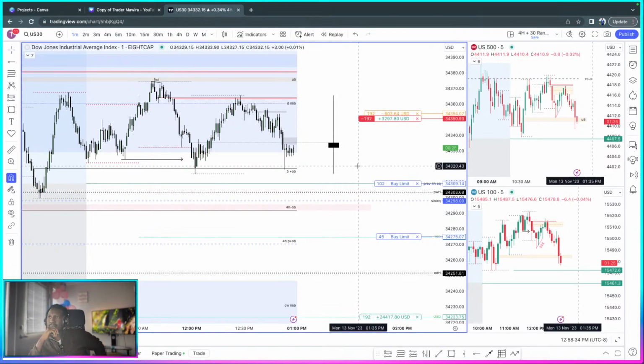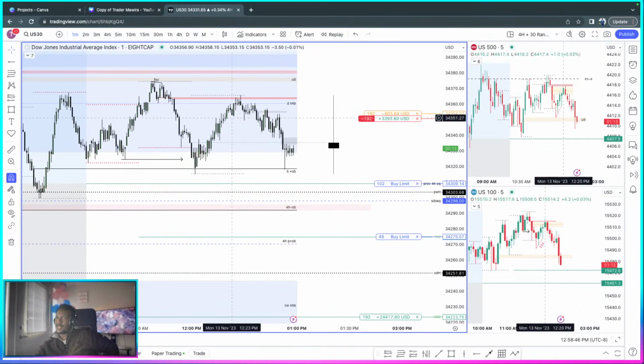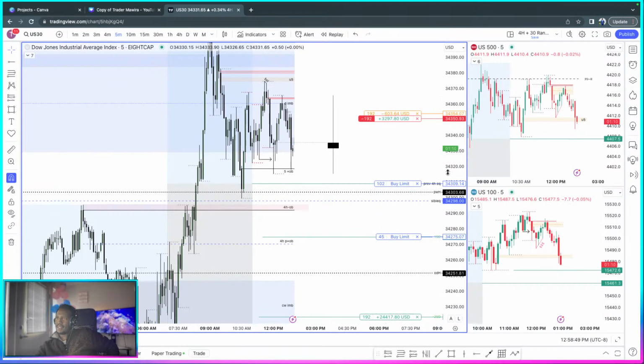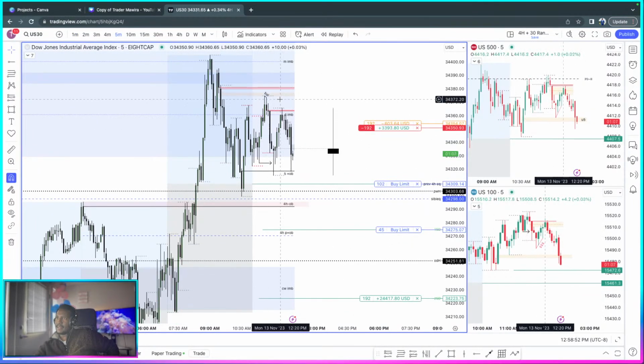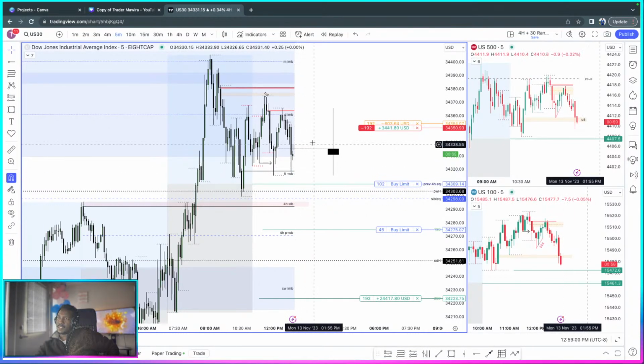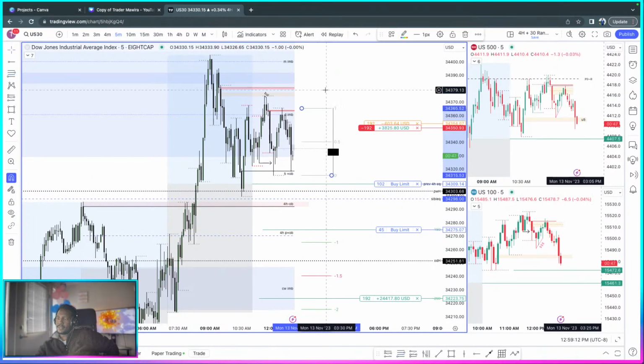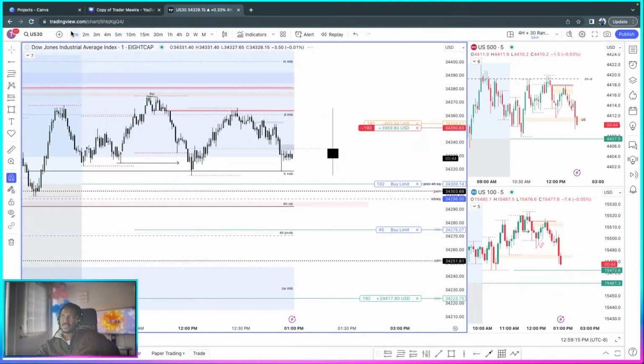I would like to see us keep on spooling, but then again, it's now 1 p.m. If we haven't really gone down there, we might not do anything. This is just too good to be like a strong pillar. I mean, it's still good on a high time frame. High, low. Break of structure. This will be the best. Come down to OTE, so we should see us even going down further to at least right here where my 2 TPs should be taken. So yep.